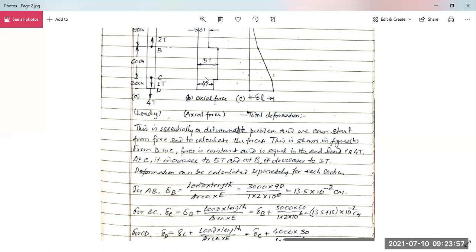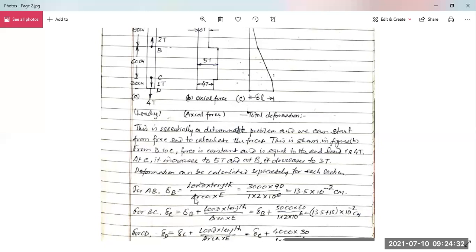up to B, we have at this point a total of 5 ton, and here an upward load is acting at 2 ton. So at this junction, we are adding a downward load equal to 3 ton, which is acting downwards. From this to C, this 5 ton load is acting, so it is 5 ton, and here only this 4 ton load is acting.